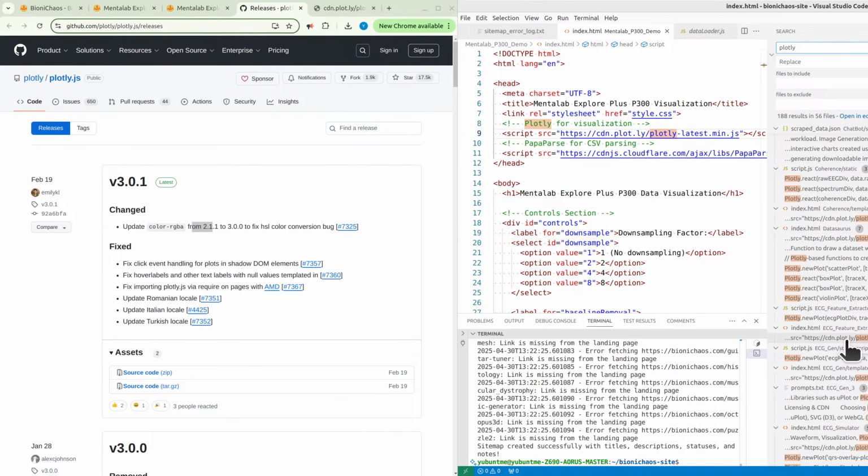Are we using it in the ECG feature extractor as well?